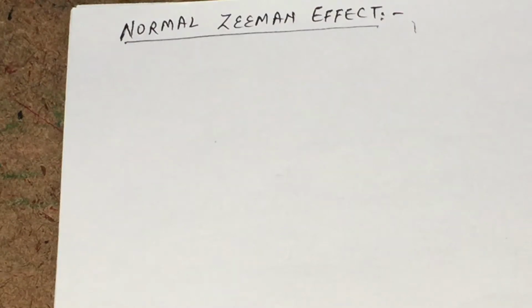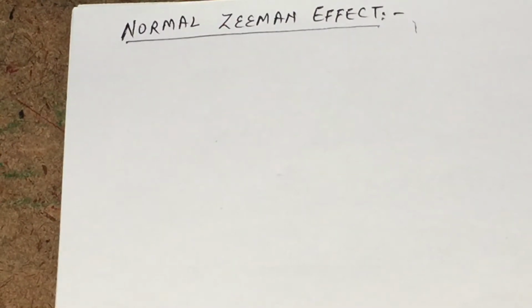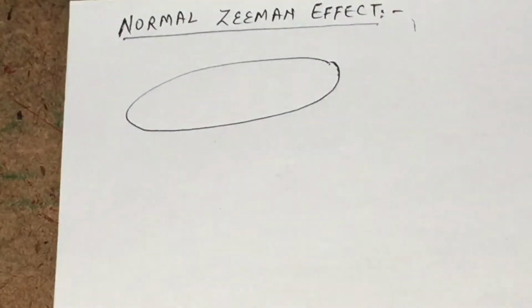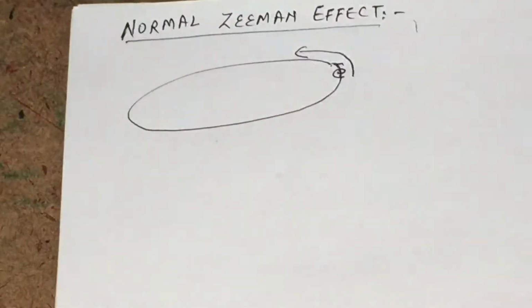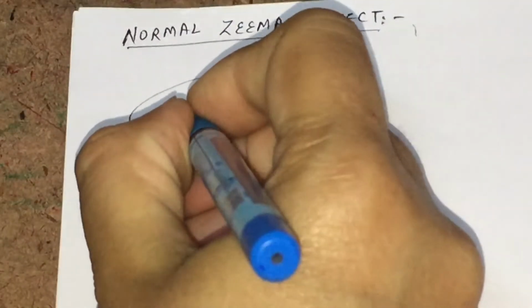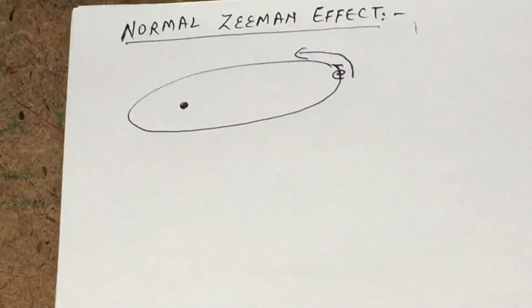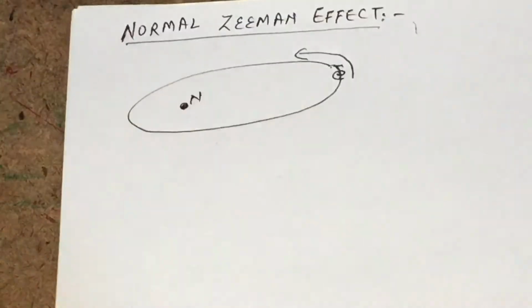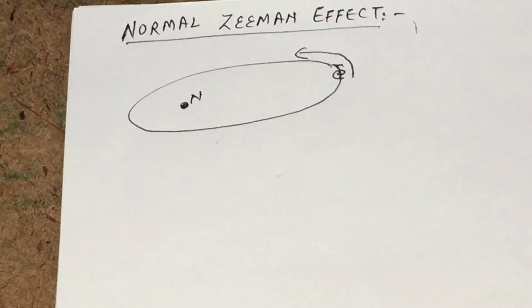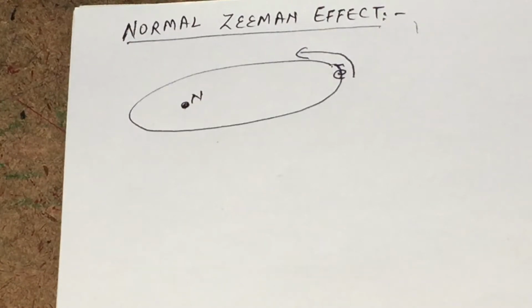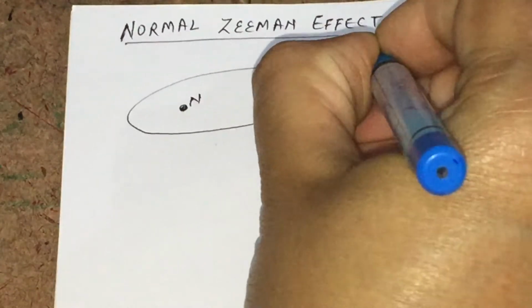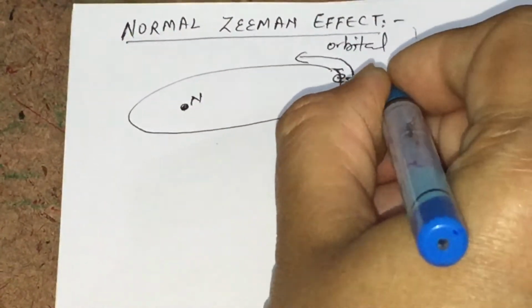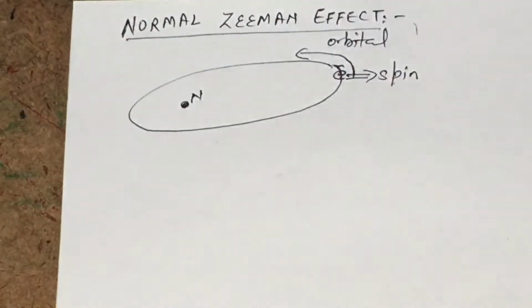Hello students, today's topic is the normal Zeeman effect. As we know, in the vector atomic model, we consider that the electron has two types of motion. One is moving around the nucleus, where the nucleus is situated at one of the foci of the elliptical orbital path, and this is our orbital motion. The other motion possessed by our electron is